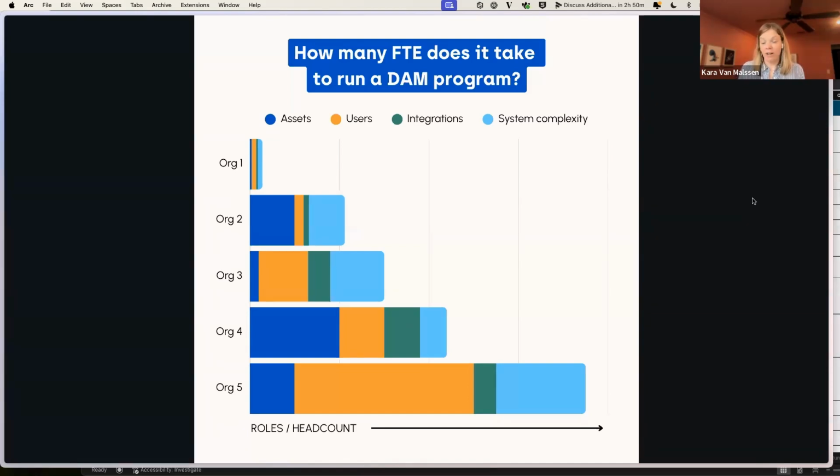We've seen a very large team. Some organizations have quite a number of people who are running and adminning the DAM because there's just a lot to do. So yes, short answer is it depends. And that's the answer to pretty much everything we're going to be talking about today. But yeah, I want to ask Jason, what are your thoughts on this question?